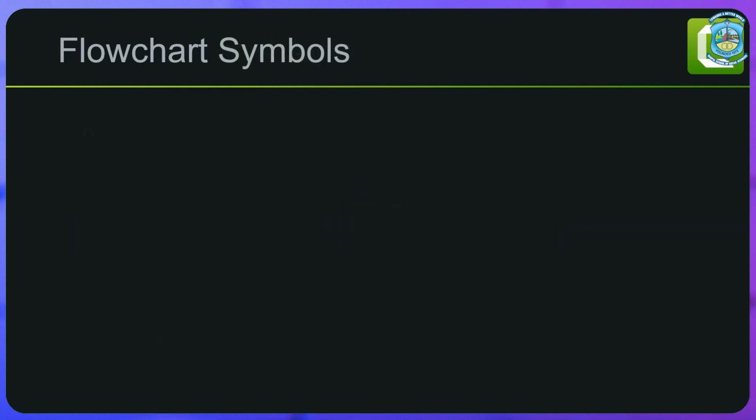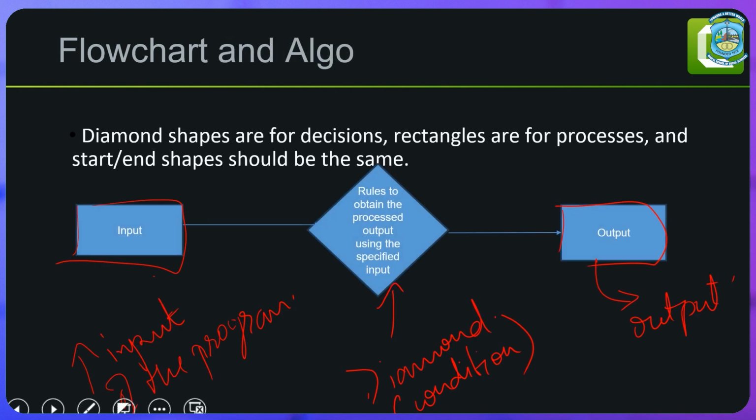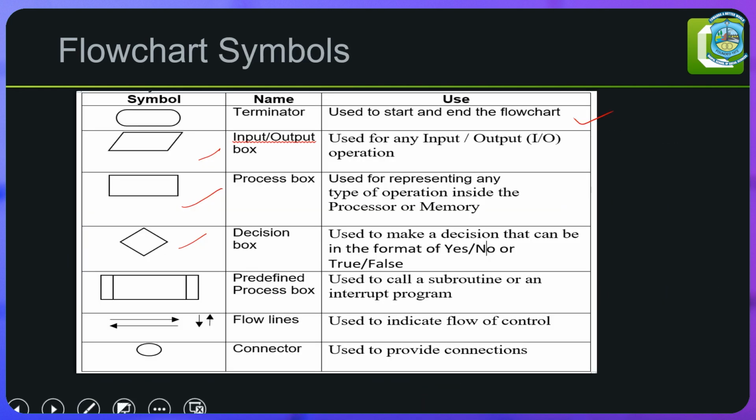Now, we will see an example. Okay. These are flowchart symbols. Terminator, this is how a terminator will be written, and the input output box, process box, decision box, like the one which we saw in this example. This is the decision box. This is a predefined process box. If there is a subroutine or an interrupt program, then we use that. And these are the arrows, as I told before, to show the flow of the program,